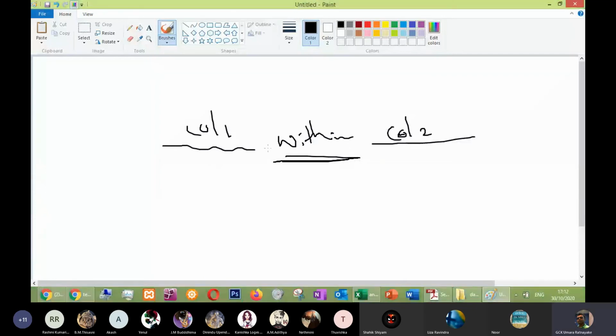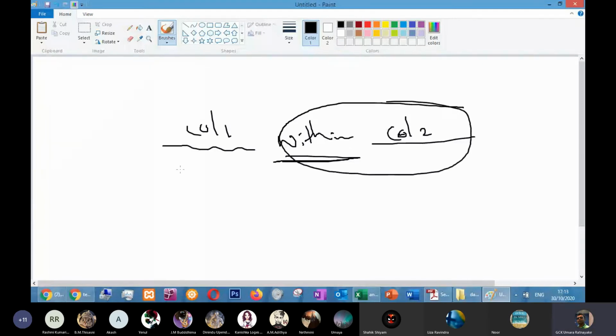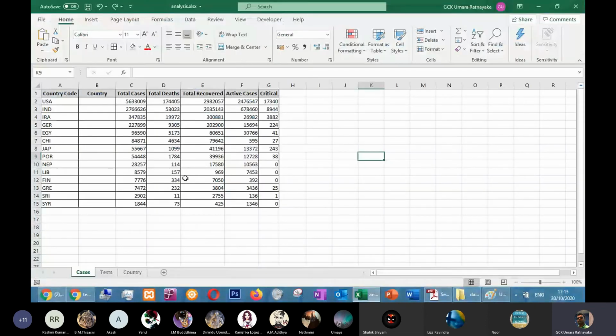So can you tell me which one should be sorted first? Because when you have a multi-level sort, you should always sort one first and another second. So which, column 1 or 2? Column 2, that's right. So the "within" part should be sorted first. Okay. For example, here if they said sort,